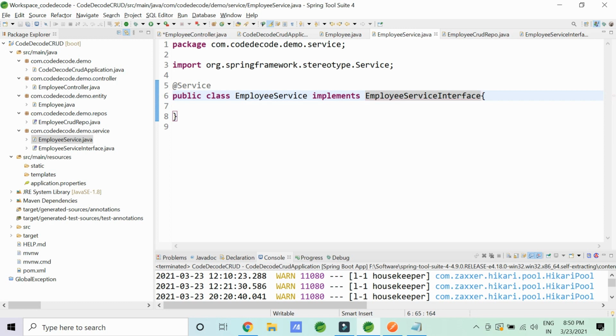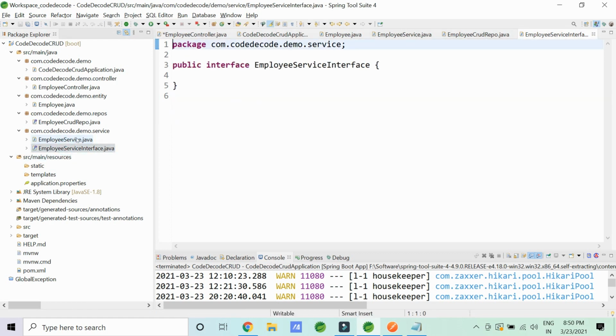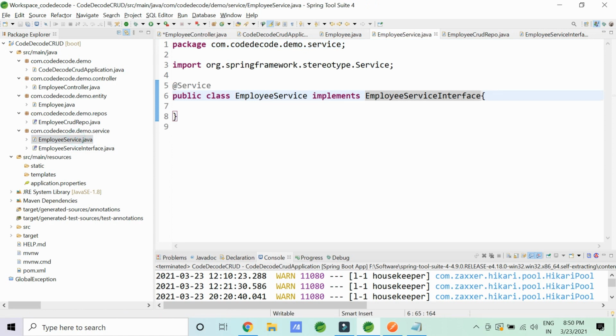This is the basic level of abstraction we always follow in the IT industry. So we have already learned the design patterns, right? There we have already covered why we create the interfaces and then classes from them. So you can take a reference from there. Now in this interface we are going to write the methods. In this class we are going to write the implementations.